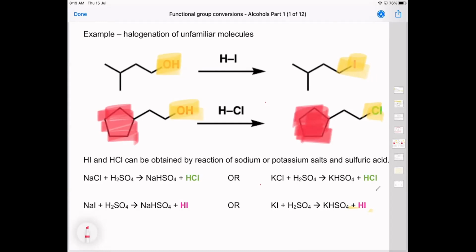Yep, so it's basically just a functional group conversion. We can turn an alcohol into a halogen. And it's just a straight one-for-one conversion. The alcohol comes off and the halogen comes off. So I just want to show you quickly